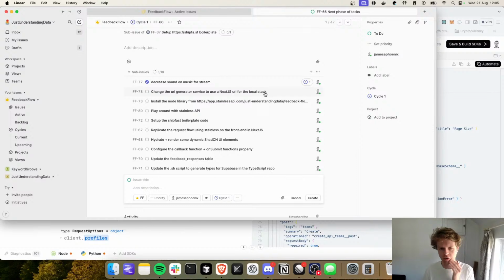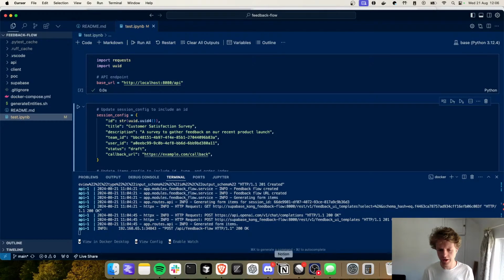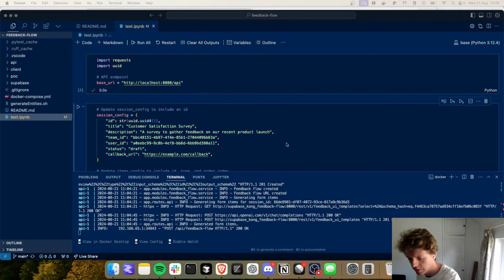So we do need to change this URL generator service, so I'm just going to go and hide my API keys for now because I'm actually going to have to dip into an env file. So let's go in there, and we just want to change the base URL. We want to change the URL generated service, so we want to put like front end URL, and then I just need to go and add that here, front end URL, and then